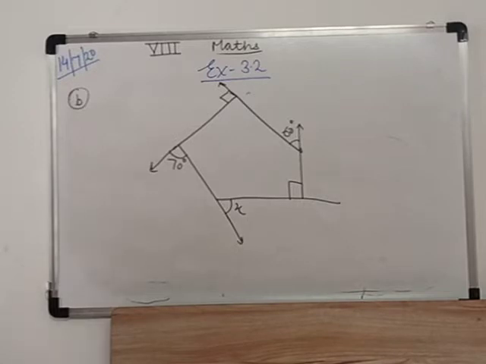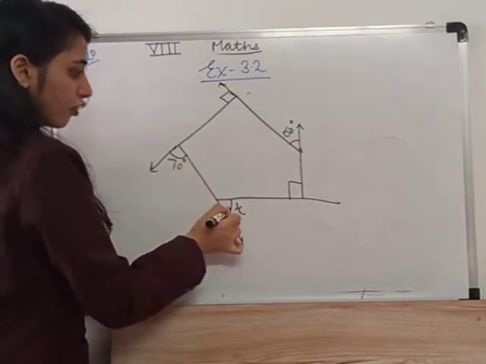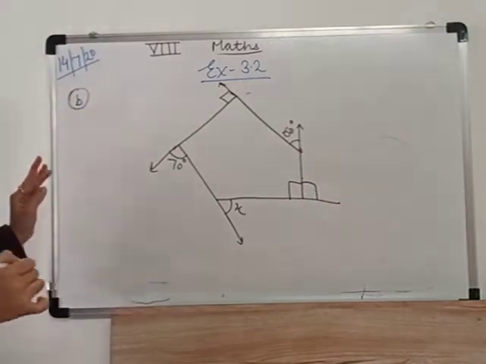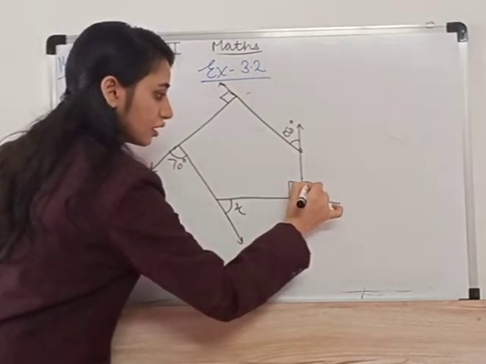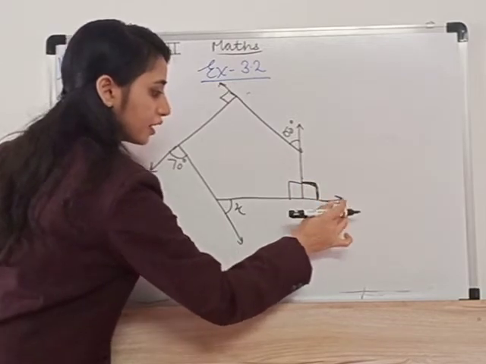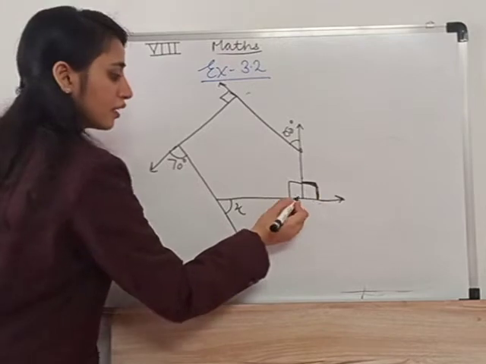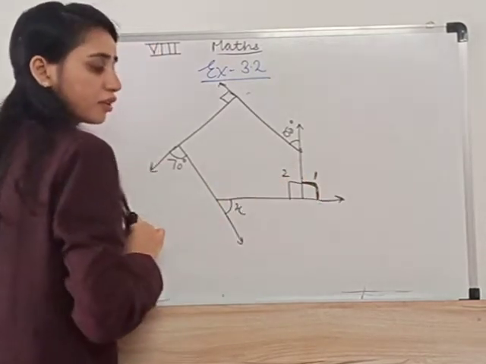You can use the exterior angle sum property. Yes, 1, 2, 3, 4 and 5. This angle is also 90 because you can find this angle by using the linear pair property, because on a straight line the angle sum is 180. So you can find this angle by mentioning 1 or 2.